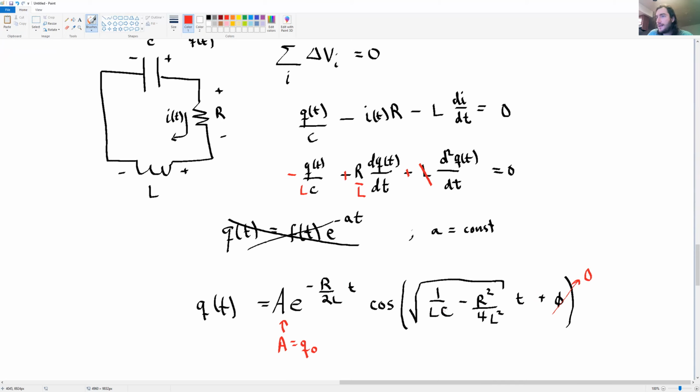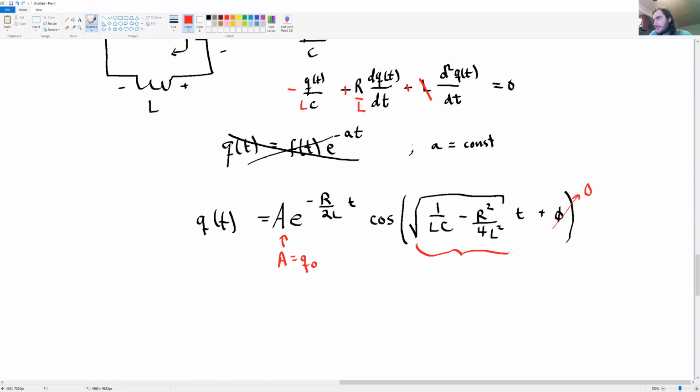Okay, and this term right here is, again, our angular frequency, which you would figure out by drawing an analogy with the damped harmonic oscillator. So that's another way you could solve this equation. You could think about this equation as being an analogy with a damped harmonic oscillator, and you could go back and look at the damped harmonic oscillator solution and match the terms, right? So this is our angular resonance frequency, so to speak, except here's the